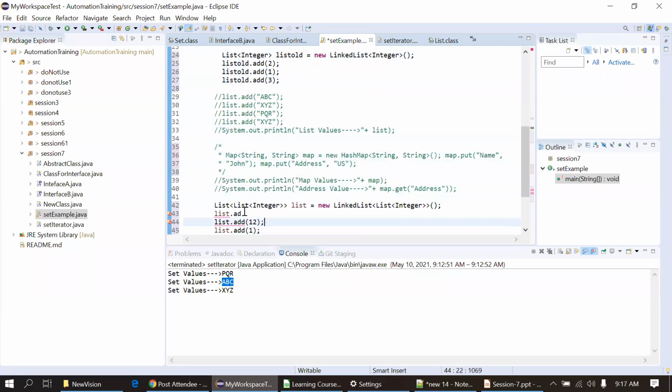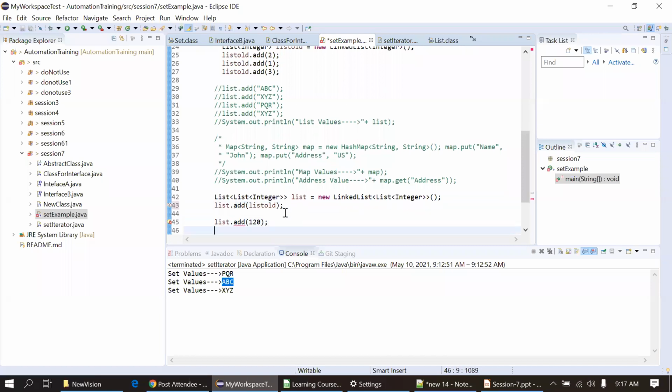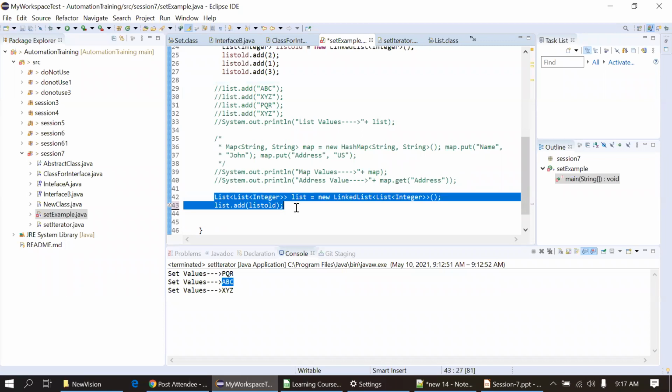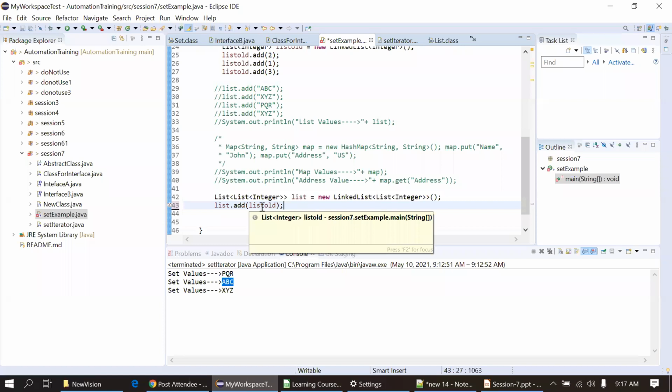Okay, so I will add list old. Suppose you have two to three lists, and you have to add those lists to a new list. In that case, you can use this list of list. So what is list old?